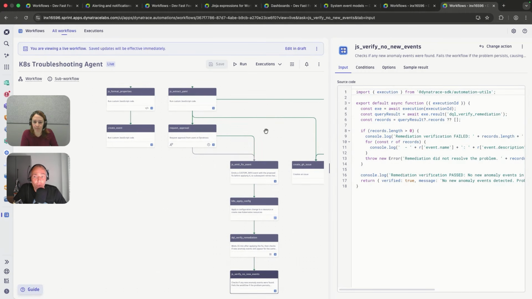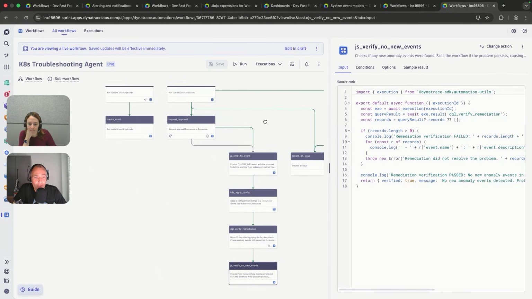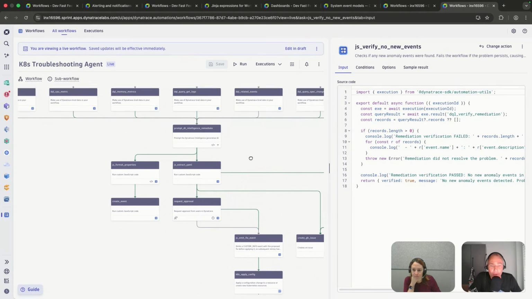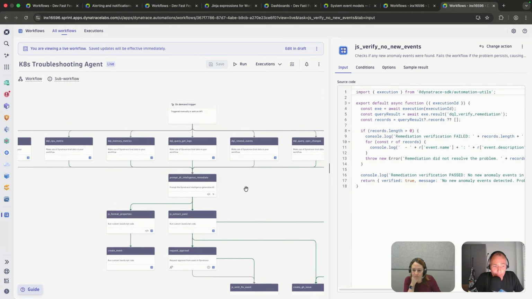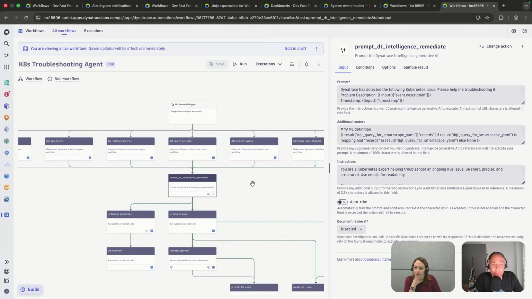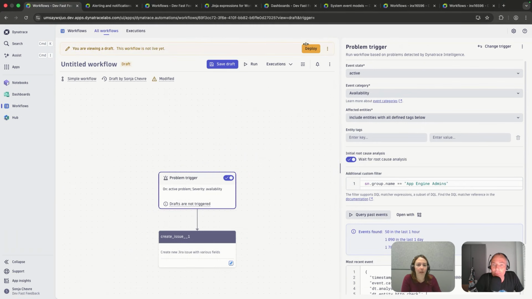Hey, Sonia, this Kubernetes troubleshooting agent, I believe, is one of the default ones, right? One that comes with a template. Yes, exactly. There is one template that is, I'm not sure if that's exactly that one because it's a demo version that we are using in our system, but it's one that is available. So when you create a new workflow,